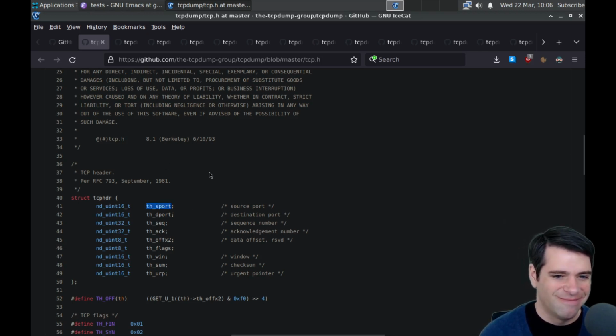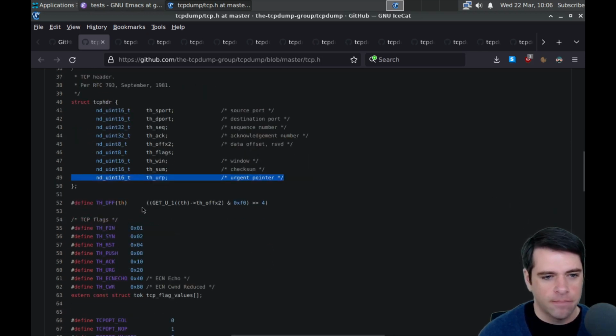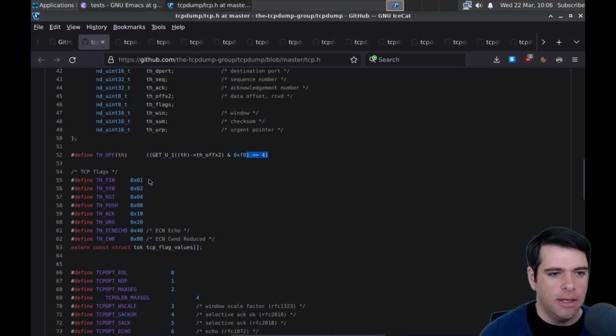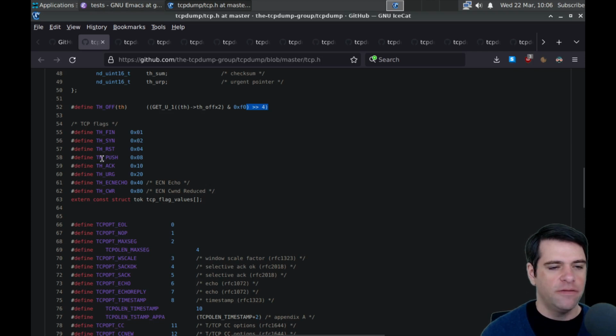We've got sport, which is short for source port, destination port, sequence number, acknowledgement number, data offset, I guess reserved, the window, the checksum, and urgent pointer, whether it's urgent. We've got this define, which is going to do a computation, get u1 of th, then tf off x2. We're going to AND it with 0xf0, and then shift over 4. Don't know what that does, but some sort of computation that I guess must be common if you're writing TCP